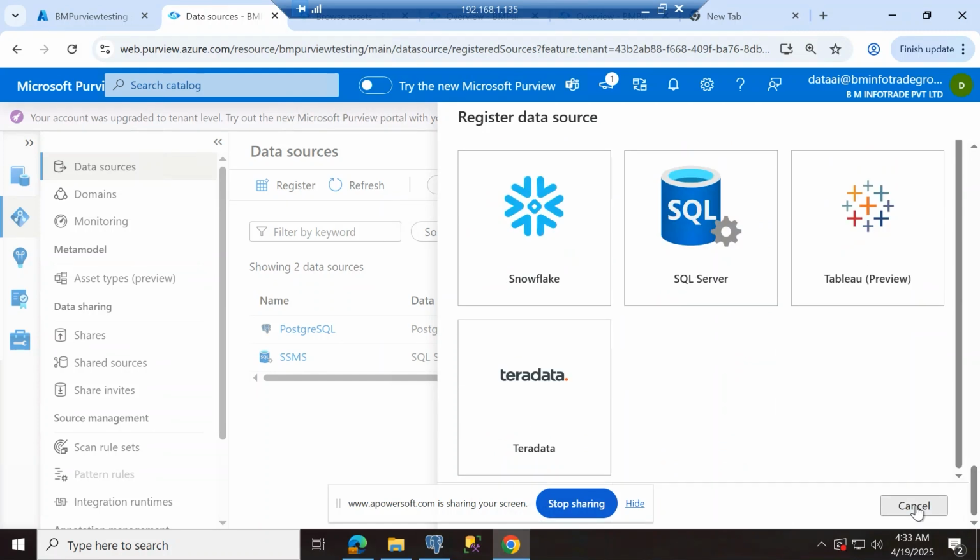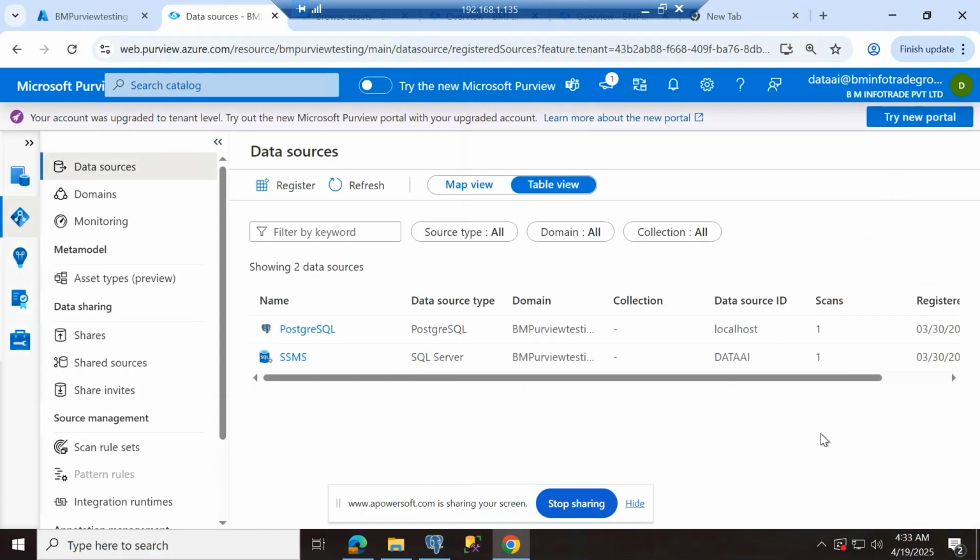Under Purview Studio we have a data map option, and under data map we hit the data sources, and here you will see I have two registered databases. First is SQL Server and second is PostgreSQL. SQL Server has sales data which is 7 GB in size, and PostgreSQL has purchase data which is 2 GB, and there are five tables in each.